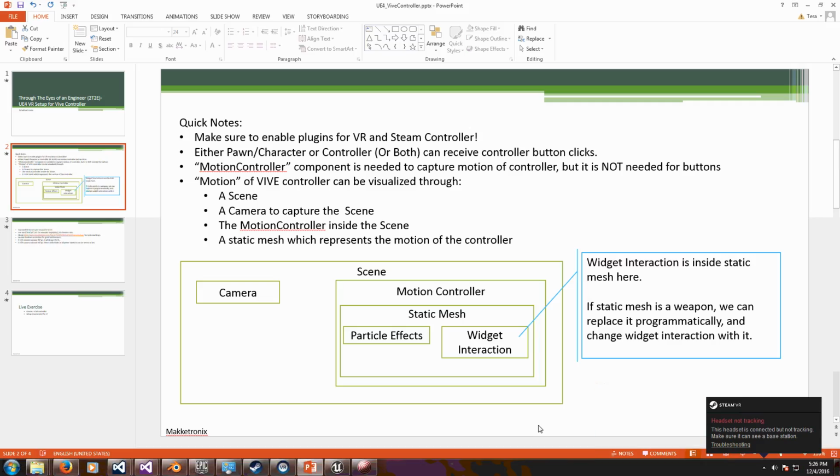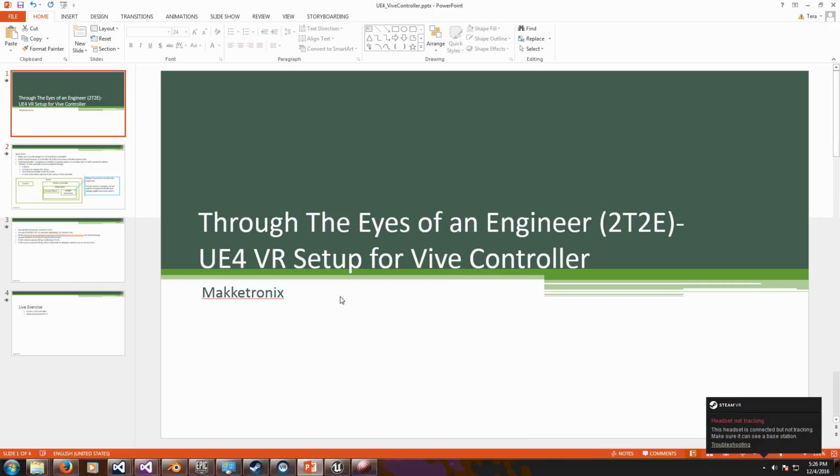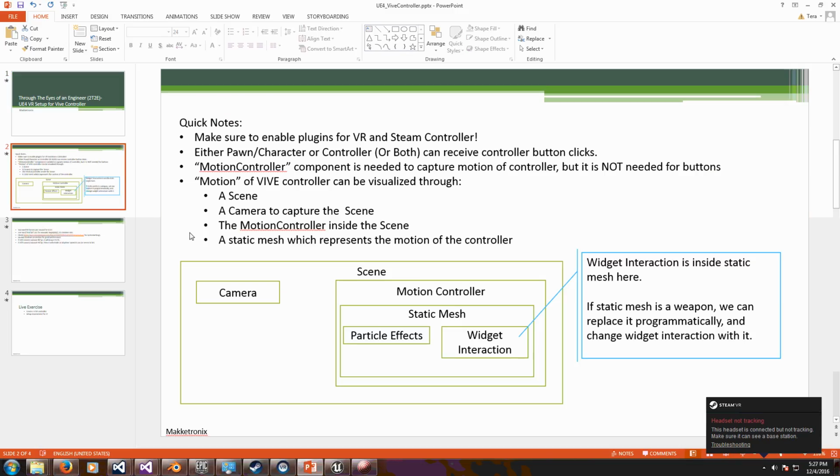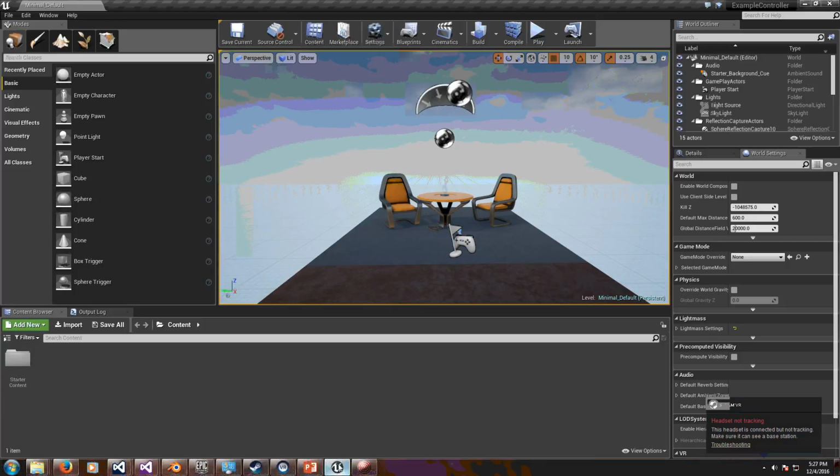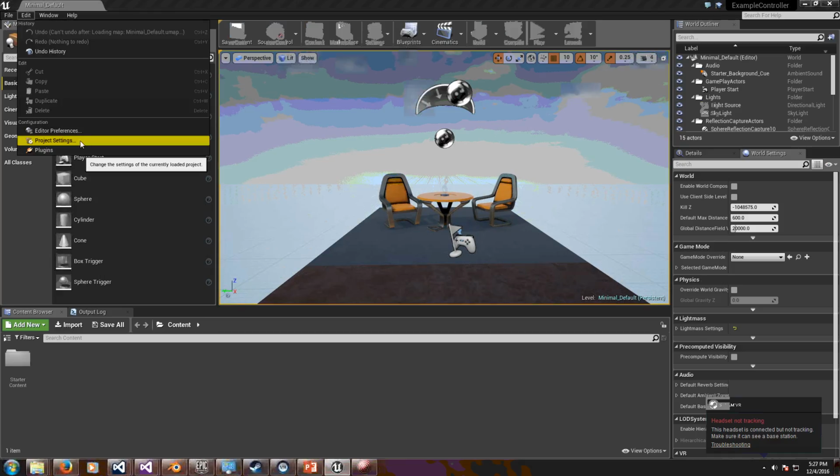Alright, welcome to the second video where we're going to set up a virtual reality environment for the VIVE controller, and we will implement this box as we've seen before. I will pause the video several times to try to make it short when things are loading and whatnot. So I created a C++ project for this, and the first thing I'm going to do is go to project